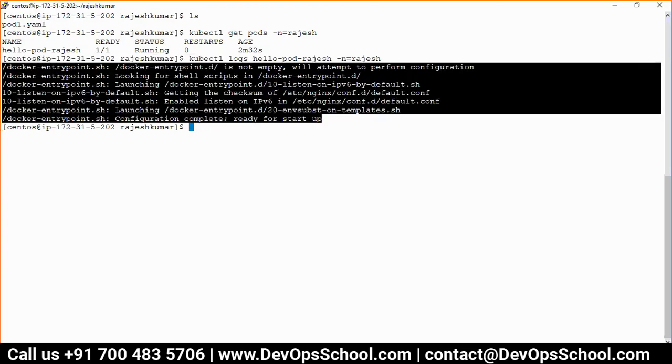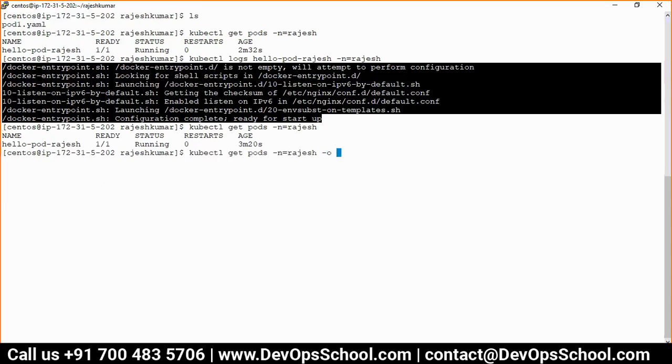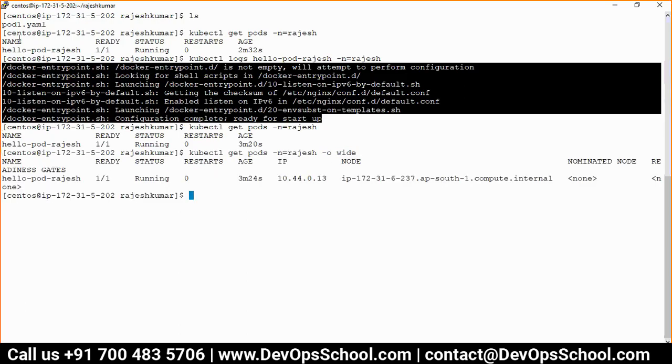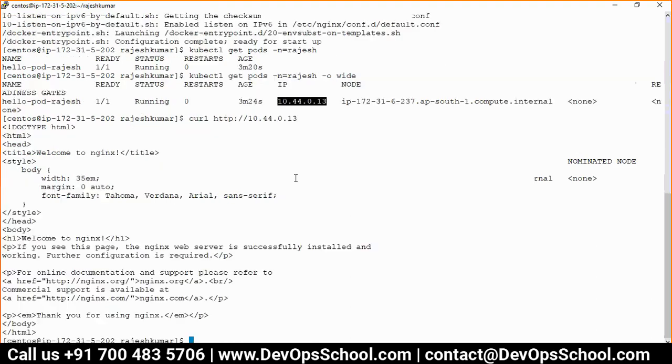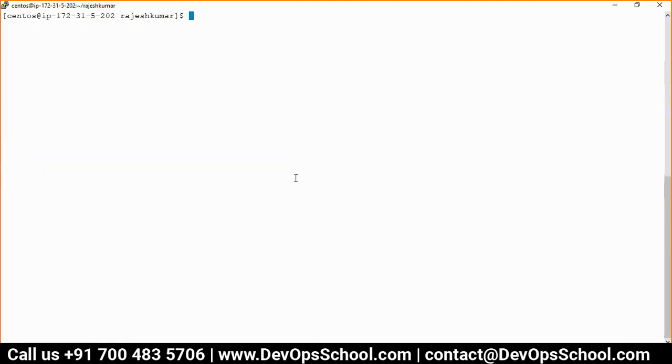Now can we access this logs? So get logs -n Rajesh. Curl HTTP. I'm accessing the Nginx, so I can access it. This is the port, right? Now see the logs.